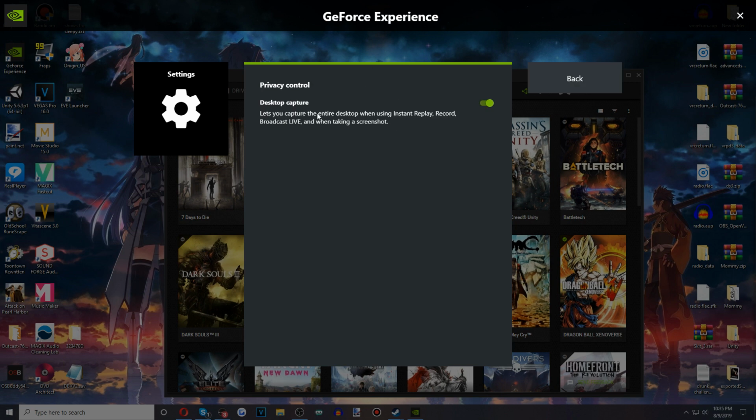Privacy control. This is actually really important, especially if you are recording, or if you're playing something that is not full screen. It might not even detect the game. So you need to come here and turn on desktop capture so that it will capture the desktop. If I didn't have this on and I was recording through here, you would not be able to see what I'm looking at. It would only prioritize full screen applications. So I would recommend turning this on if you want to show desktop or games that are not taking up the full screen and not being detected, or turn it off if you don't want to accidentally Alt-Tab and then,